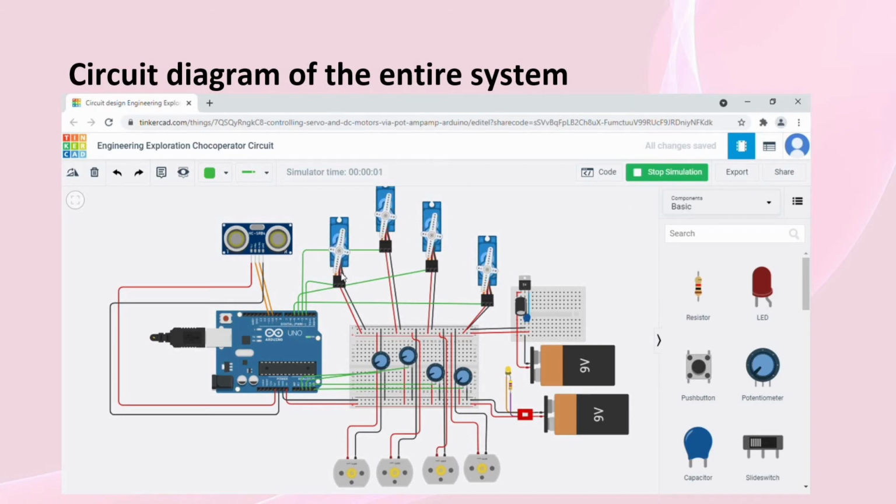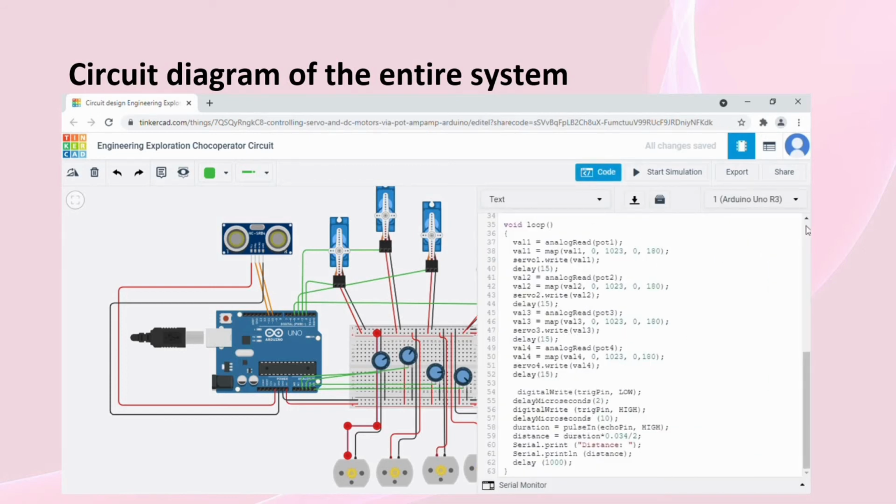From these 4 servo motor, first servo motor is given to the first arm of the robot and this will be given to the second arm of the robot and the third servo motor is given to the third arm of the robot so that the robotic arm will take the move for picking the chocolate. And the last servo motor is given for the gripper so that it could hold the chocolate. Ultrasonic sensor is used to sense the chocolate. All these are connected through the connecting wire with the help of the Arduino and breadboard. And this is the code for the circuit.